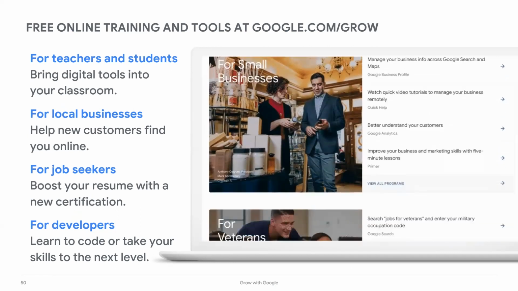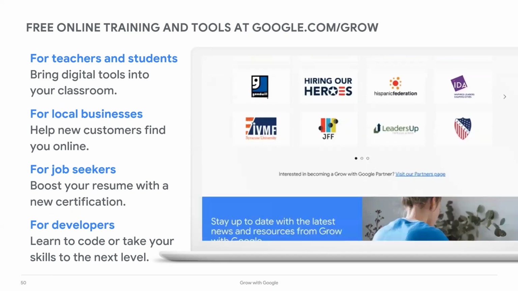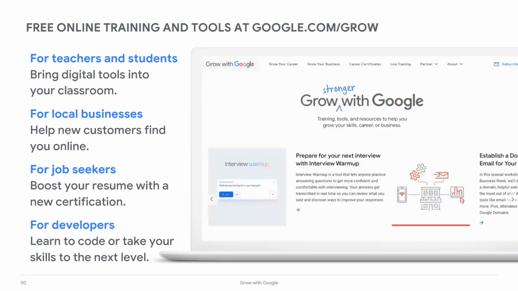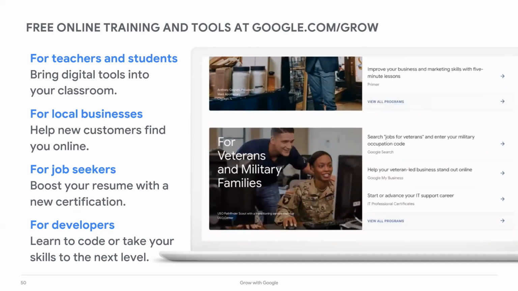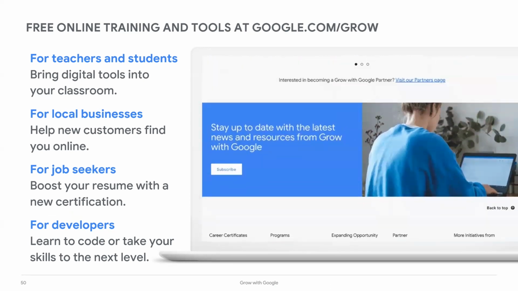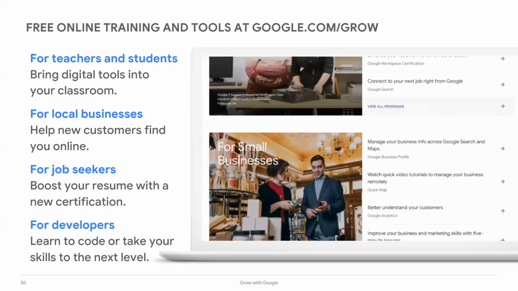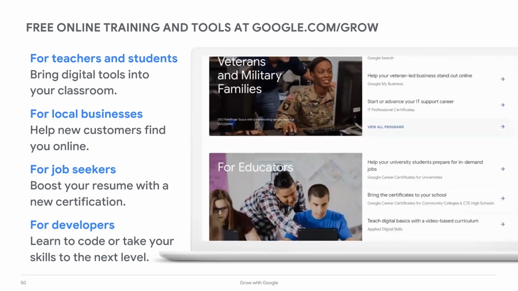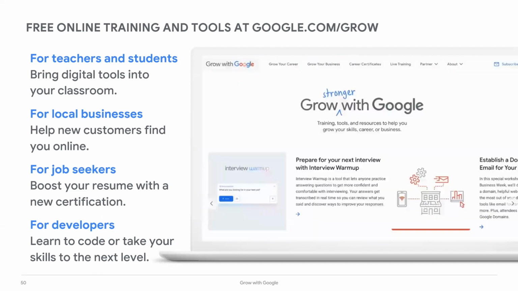Grow with Google is an initiative to help people prepare for work, find jobs, and grow their businesses. Job seekers can grow their skills in order to find new jobs and advance their careers. Teachers can learn how to put the latest technology to work inside and outside of the classroom. Small business owners can build their online presence and find new customers. Startups can learn how to get their ideas the exposure they need to succeed. Developers can sharpen their current skills and master new ones. To learn more, visit